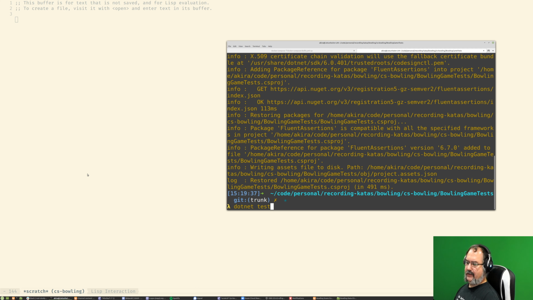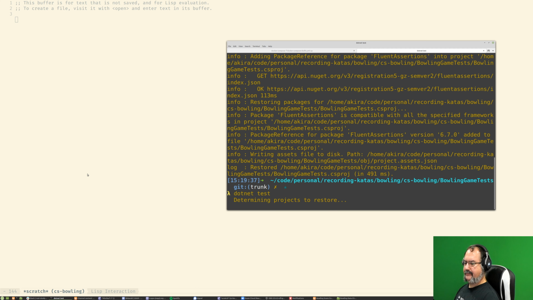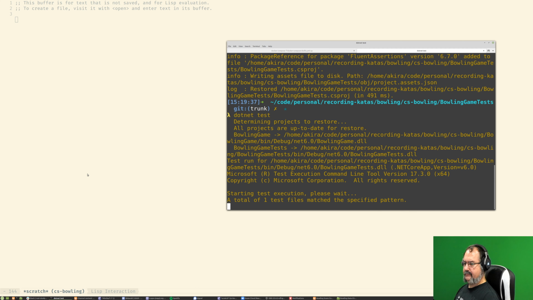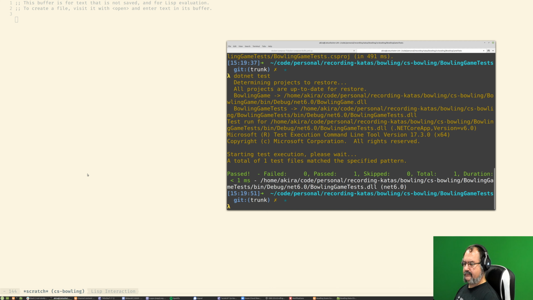Let's run some of the basic tests here. Basic tests, all fine, all running. Interesting that in .NET, when you create the xUnit project, it creates a passing test. Leiningen for Clojure, for example, creates a failing test. So the first thing that you need to do is actually start working on the test. Knowing that you have a failing test is useful because it gives you something to start working with.